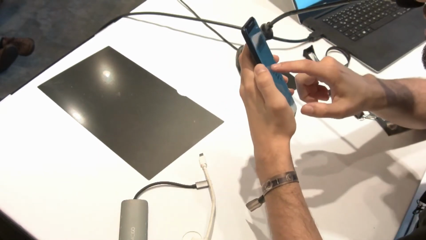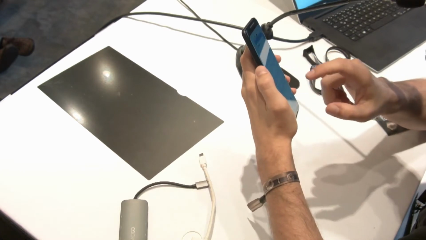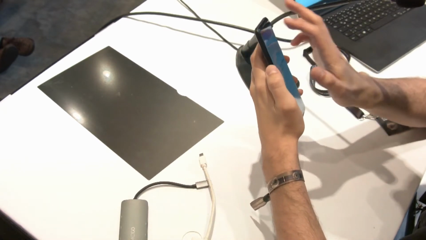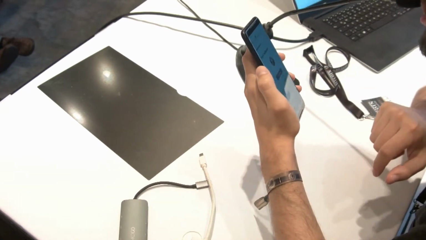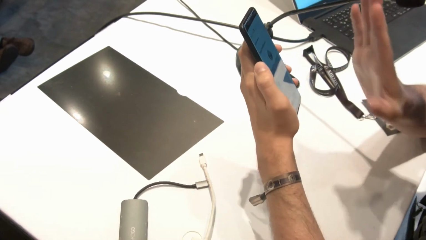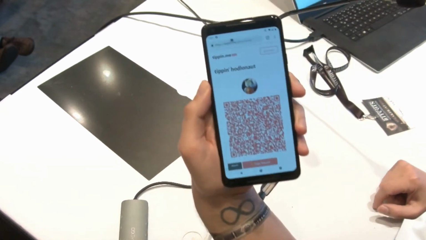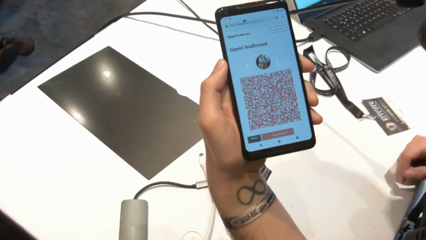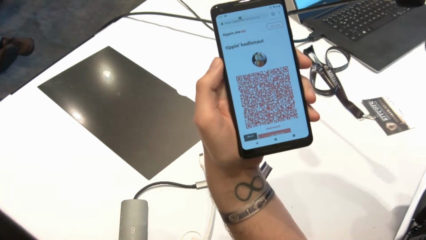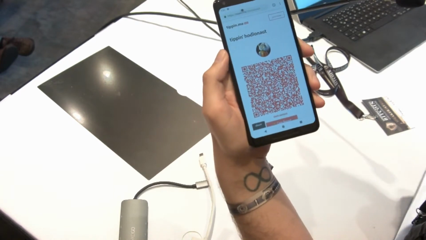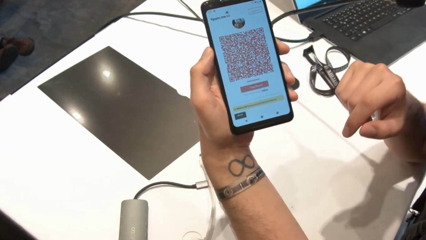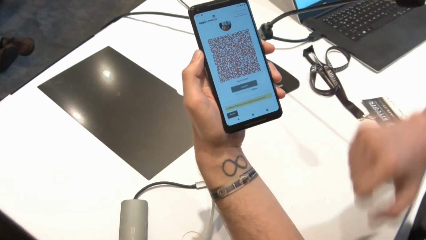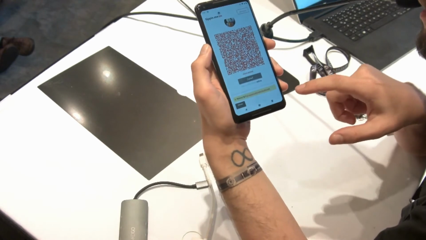I'm going to visit my friend HODLNOT, the Lightning Torch creator. Send him a tip. Let's refresh. Oh, I know. I'm going to show. I have to find it first. So here you go. There's the Tip and Me page for HODLNOT on Twitter. Some of you may know him as the guy leading the Lightning Torch. I'll copy a payment request. Go back to Bitcoin Lightning Wallet.